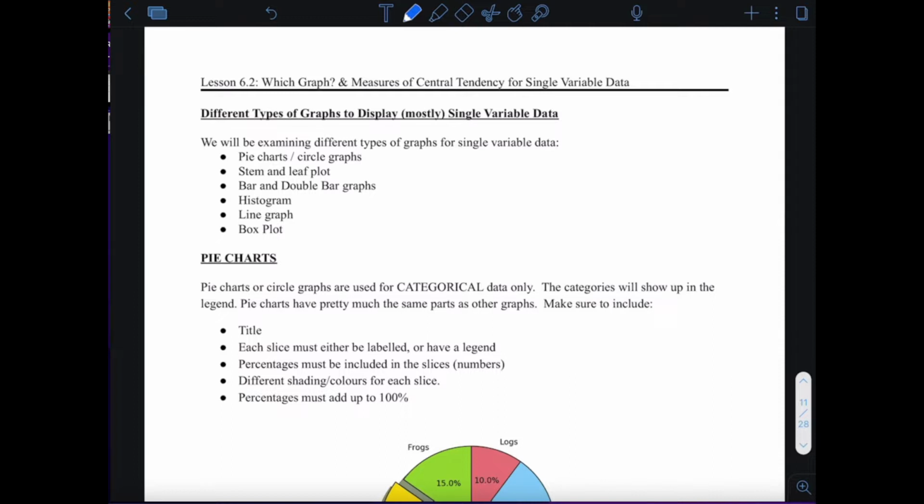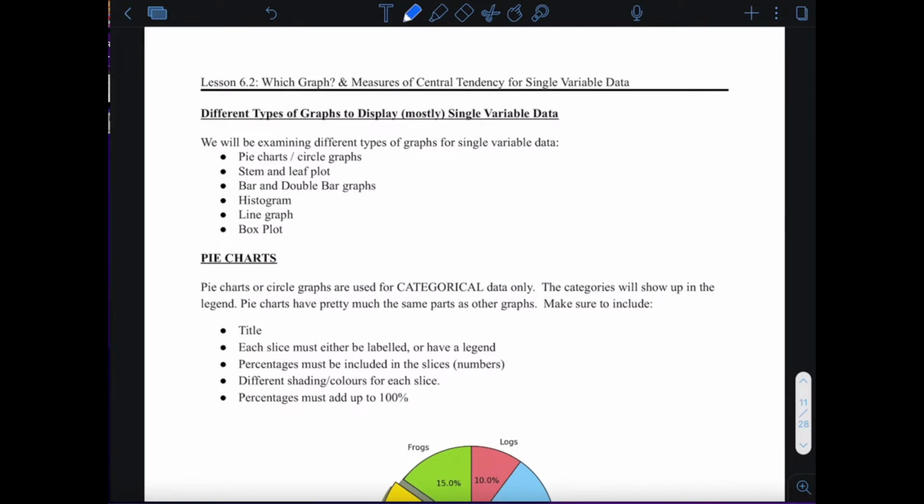Okay, so let's take a look at the different types of graphs that we're going to need to know for this course. I think you've seen a lot of them before, for example, pie charts and circle graphs, bar graphs. You've probably seen a histogram and a line graph, but you might not have seen a stem and leaf plot or a box plot, or what's sometimes called a box and whisker plot. So we're going to spend a bit more time on these newer graphs, but let's also cover obviously the ones